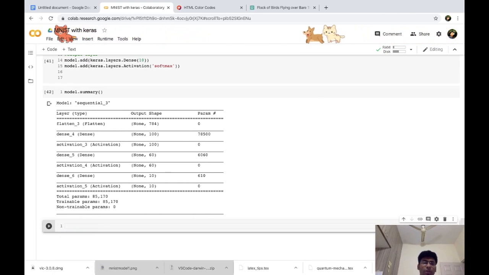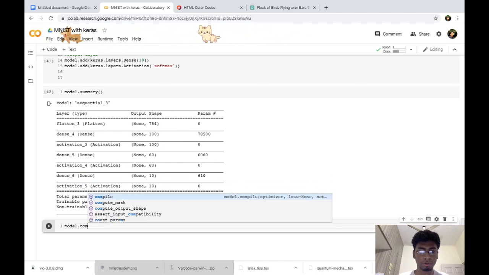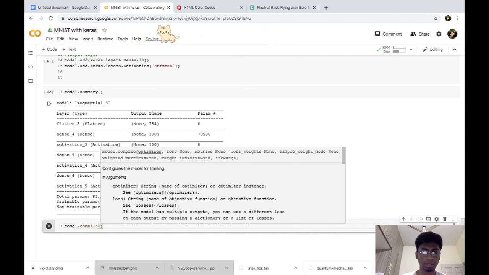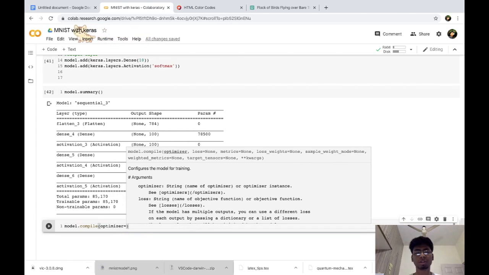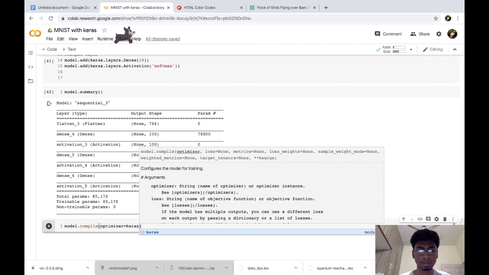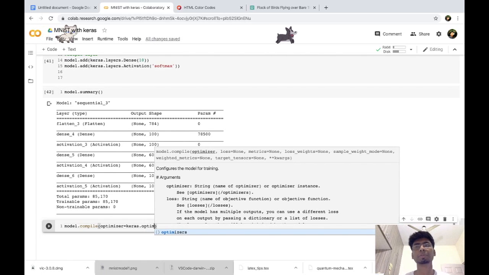Okay. Now coming to the next part: after you have designed your model, the next thing that you do is compile the model. And the first thing that you do is set the optimizer. We'll talk about optimizers in the coming videos, but what an optimizer does is that it changes the weights such that it gives you the correct answer. So basically training means not changing the input but changing the weights and the bias. Remember that the weight gets multiplied with the input and the bias is added. So if you have a correct weight and a correct bias, it will give you the correct